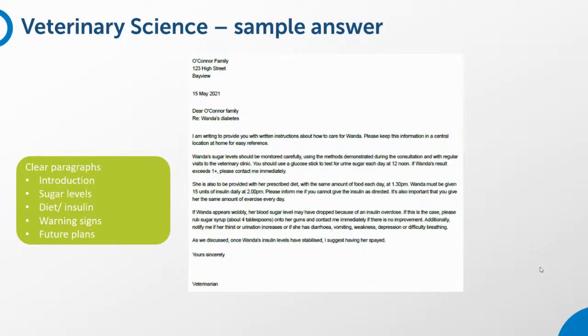It's a tip that I can give you, that each paragraph should in fact have a title, like you can see on the left-hand side. If you've done a good job with your paragraph, you should be able to say, paragraph 3 covers diet and insulin. Paragraph 4 covers warning signs, for example. There should only be one topic, one theme per paragraph. And that's a really good way of checking, when you've written your letter, is to look again at the paragraph and decide, what is the title? If I was to give this a title, what is the title for this paragraph?